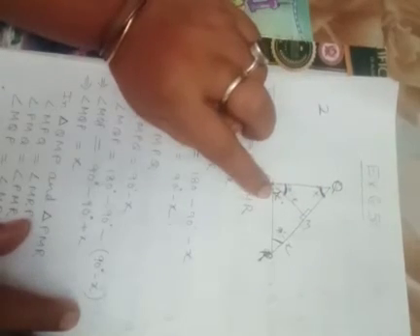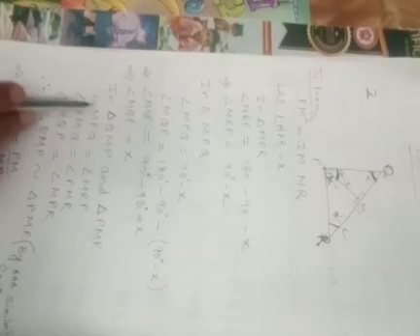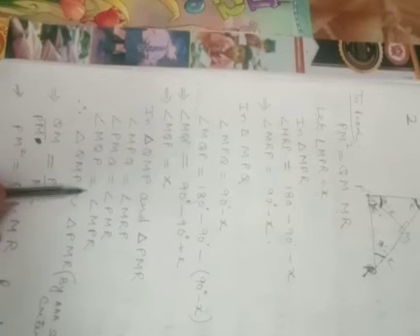So this angle is equal to X, and here this angle is equal to X. So now considering the triangle QMP and triangle PMR, angle MPQ is equal to angle MRP, angle PMQ is equal to angle PMR, and angle MQP is equal to angle MPR. So therefore we can say that triangle QMP is similar to triangle PMR by angle similarity criteria. PMQ is 90 degree, PMR is also 90 degree.